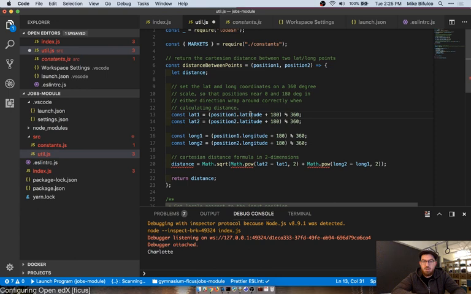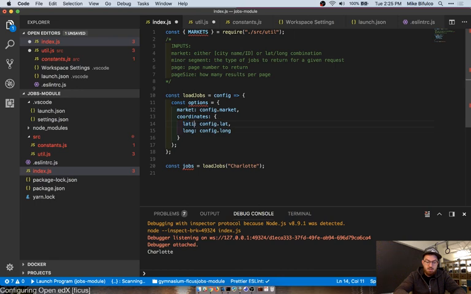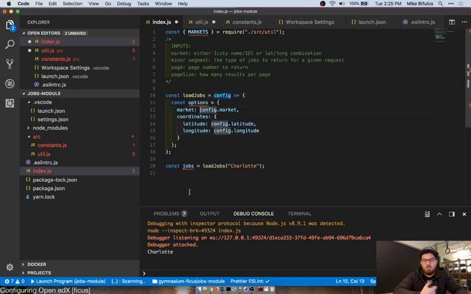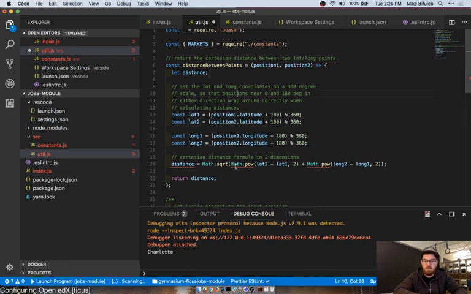Yeah, this should work. I need to make sure that we're spelling out latitude and longitude everywhere. So to do that, I'm going to spell them out here. Okay, yeah, we might make some decisions about how this works in a minute here, but for now,